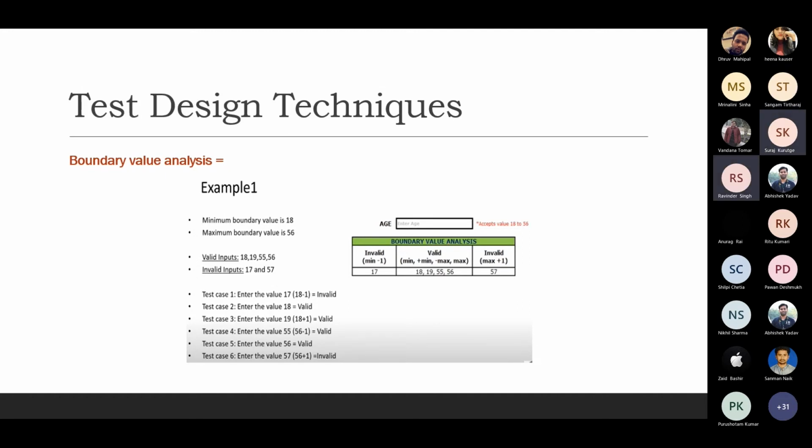This is the test design techniques. Whenever any tester is testing software, he will follow some test design techniques. First is boundary value analysis. Suppose we have an age text field. We have to test it, but we don't execute so many test cases. We follow some techniques. For example, the age text field accepts only between 18 to 56 group. So here we test the